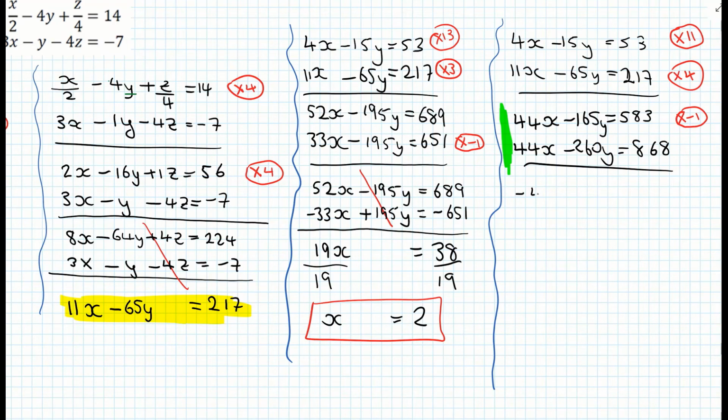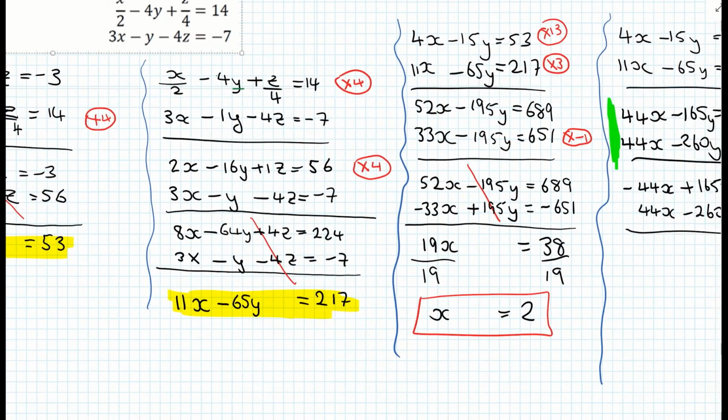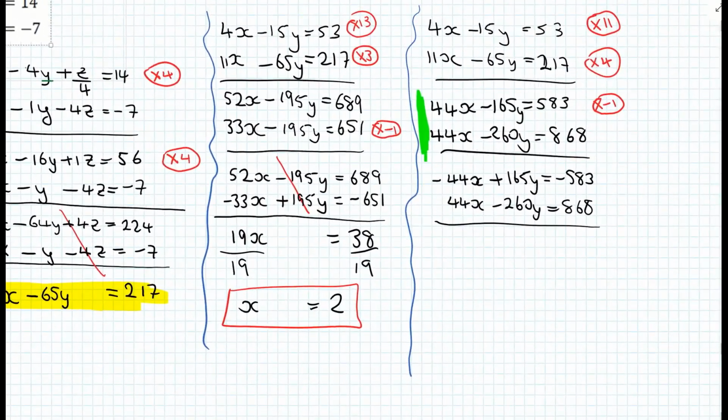That's giving me minus 44x. Minus by minus gives me a plus 165y and a minus 583. My bottom line stays the same as 44x minus 260y equals 868. Hopefully that's okay. Draw your line underneath. You will now see that I have minus 44, plus 44, which will cancel out. They will become 0. I now have 165